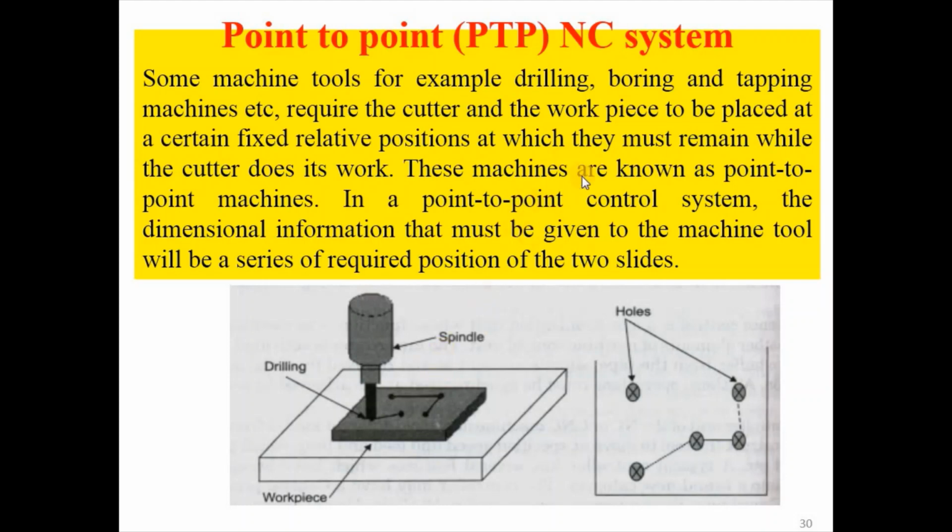So we will take one example. Suppose we want to drill these 5 holes. We have to provide additional information before starting the program, or before starting manufacturing. The additional information is the dimensional information of the given holes, for example the diameter or radius. We have to provide this dimensional information to the machine in serial manner. If we want to go for the first drill, number 1, 2, 3, likewise we have to provide the hole number 1 information for drill 1. Like this we have to follow this information. Okay, so this is the first, point to point.